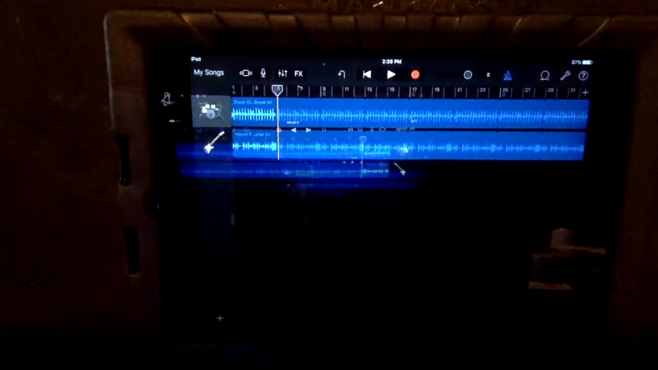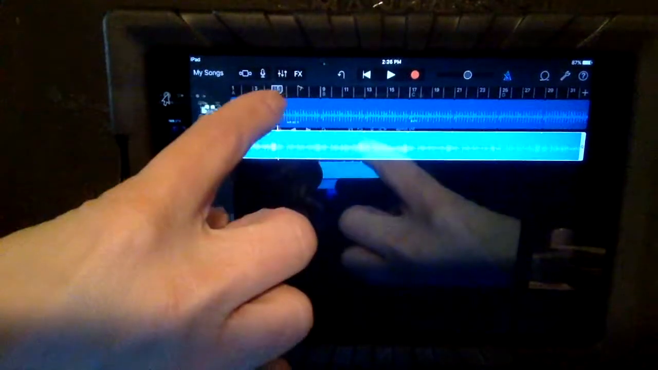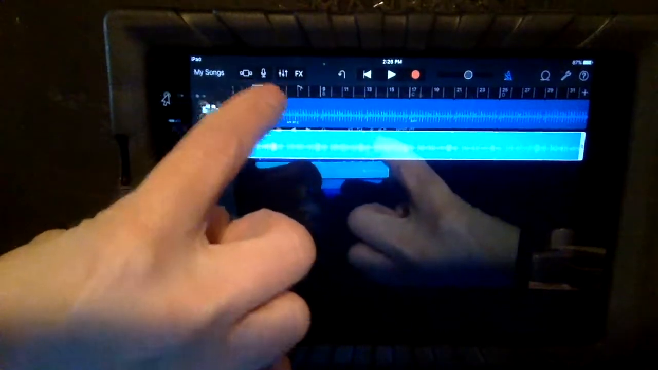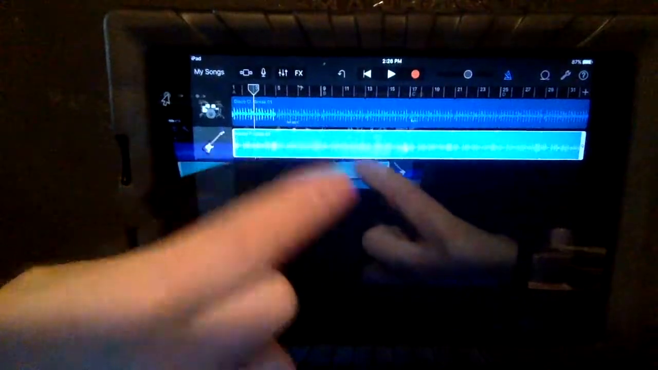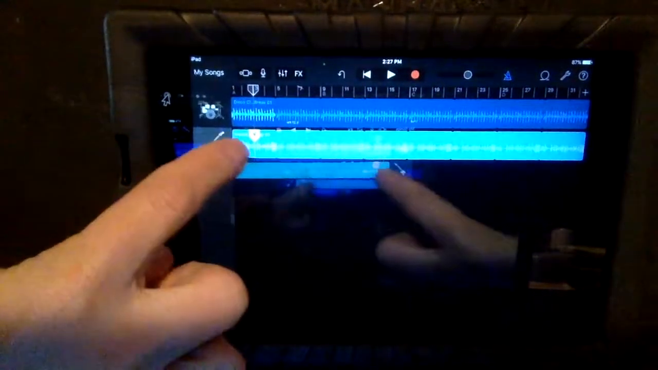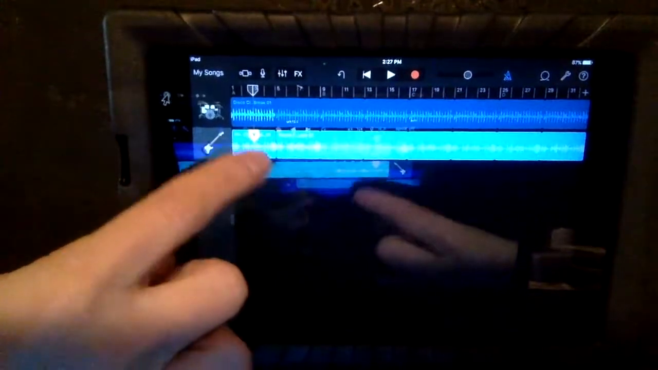Okay, let's say I want to get fancy. And let's say I want to just have, for 2 bars, I just want to have the drums. So I'm going to tap that. And there's a thing called split. And I'm going to cut out the first bit of my